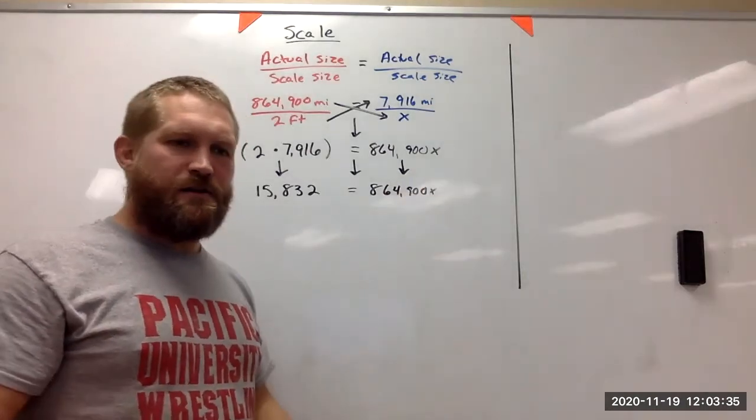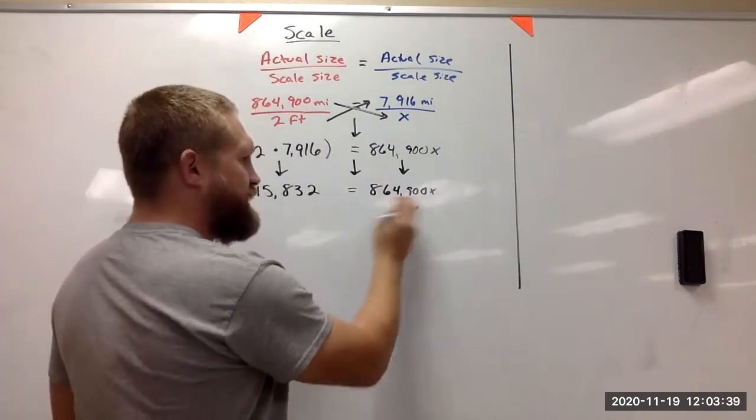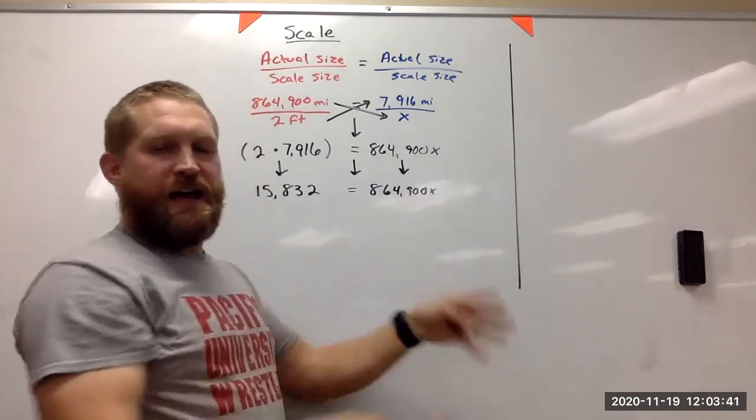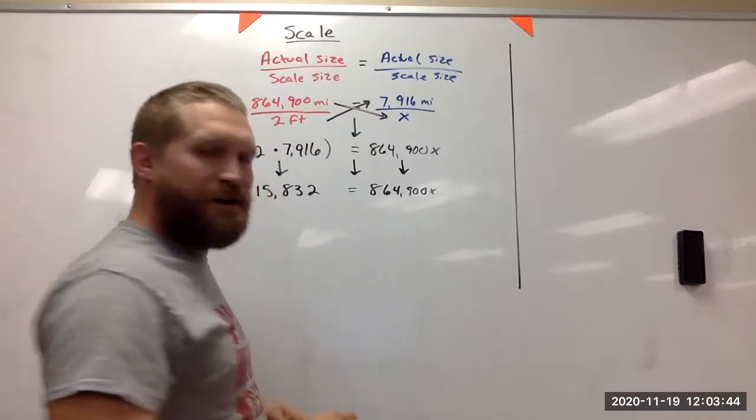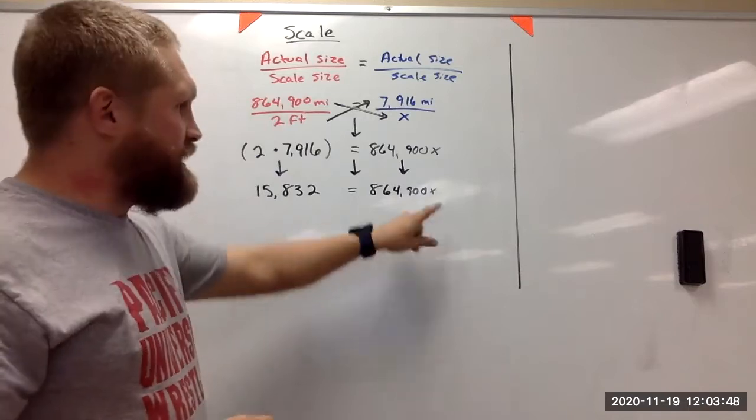So this might look weird. Usually you're doing like, 5 plus 6 equals 3x or whatever. This is just a big number. Okay, so this is the same thing as like 3x or 5x, but it's 864,900x. Okay. All right, so the next thing I need to do is I need to get this x all